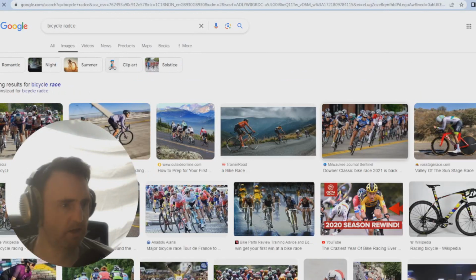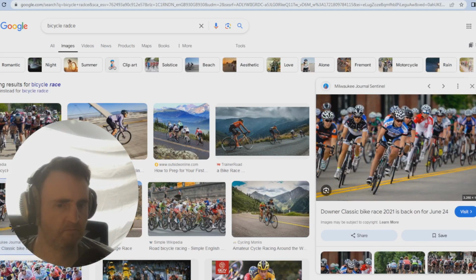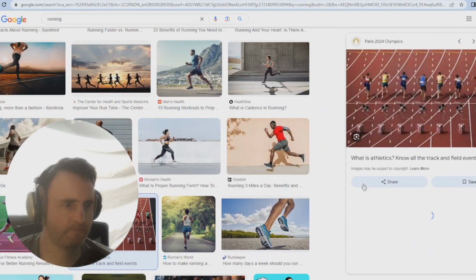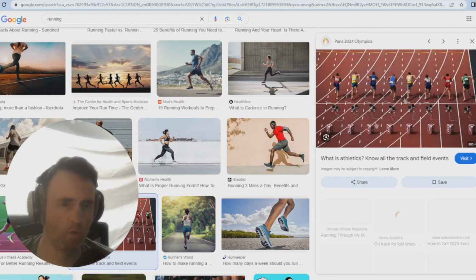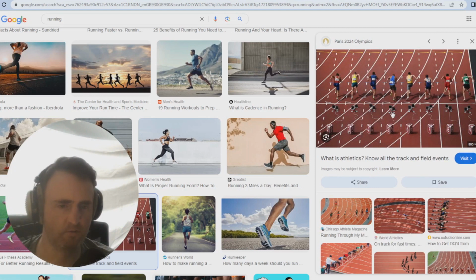But some sports might involve a bicycle. So like the Tour de France. This is a race, so the way you win is you become first, which is the same for running. There's no goal, there's no score, just the first to cross the line wins.